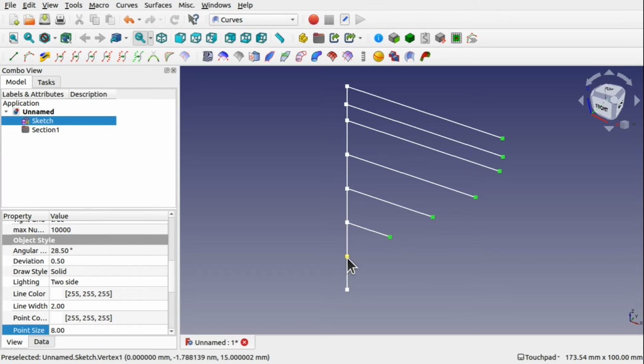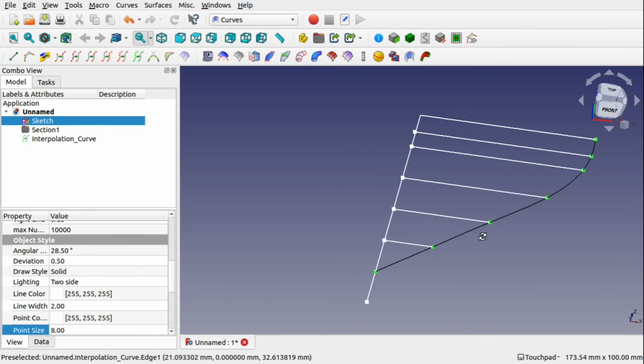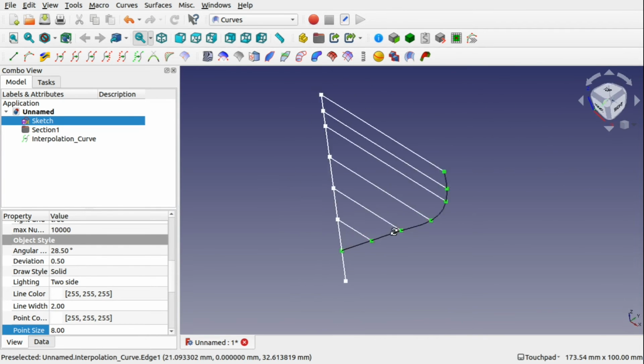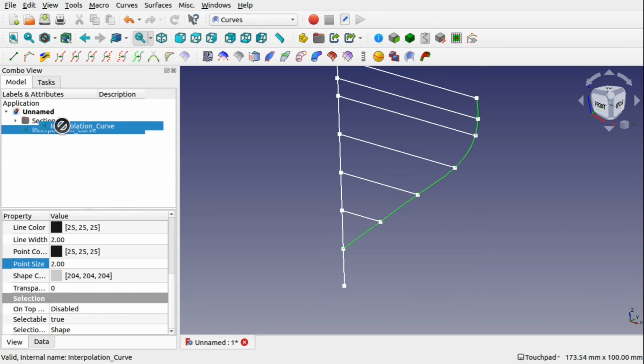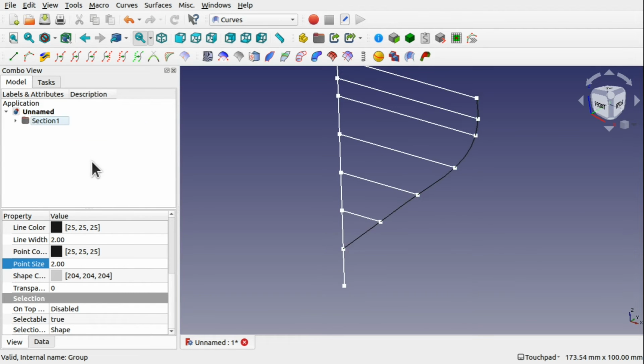going down, and I'm going to select this point as well, this one here, and we use the Interpolate Set Points. So we've got that curve running down there. We can use that in a loft if we created many of these. Now I'm going to move this sketch into section 1 group, and this interpolation curve into there as well, because